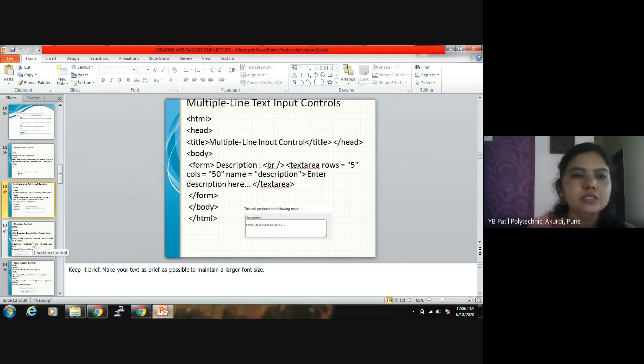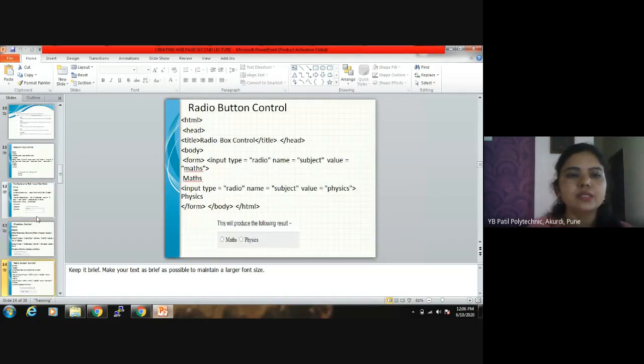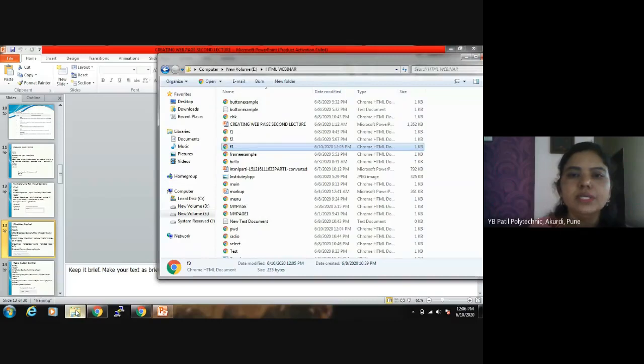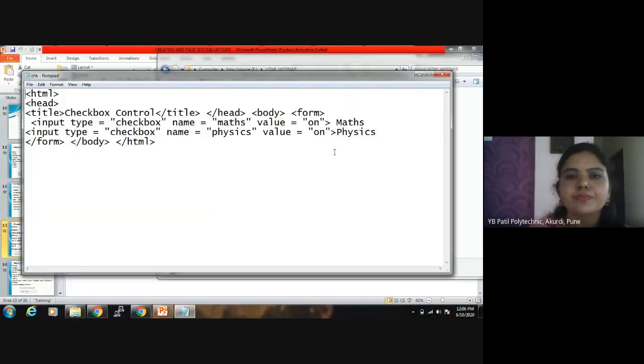Next is the checkbox and radio button. What I told about the checkbox: checkboxes are used when we want to choose multiple options. So for this, this is an example of checkbox.